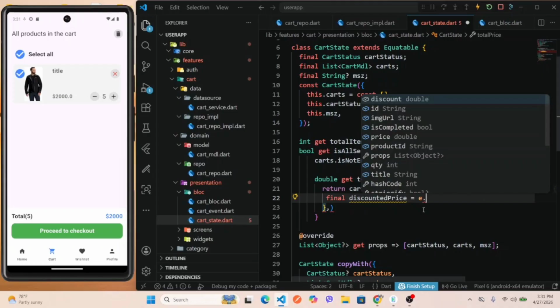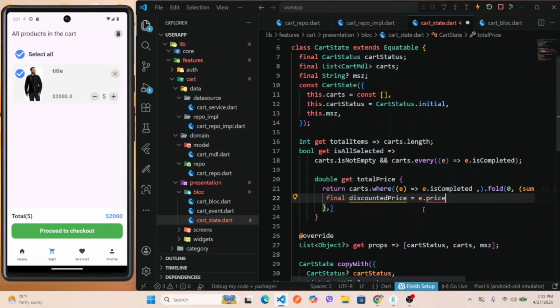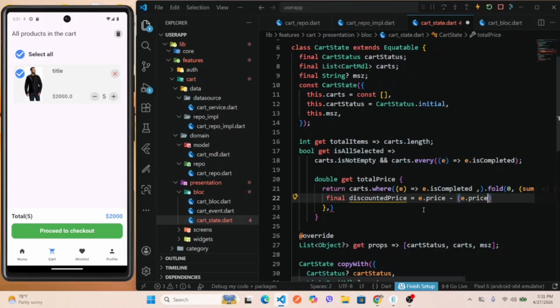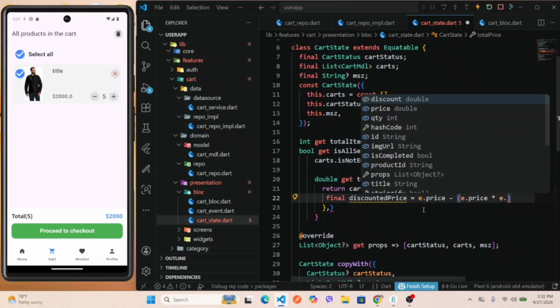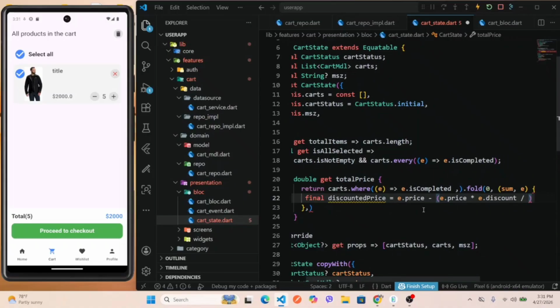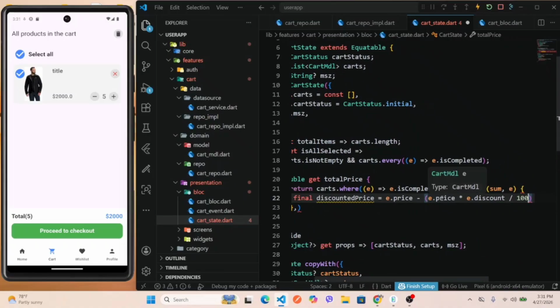From this e we get the price, and we subtract the price from the discounted percent. Okay, final is total price with the subtracting with the discounted price. Okay,